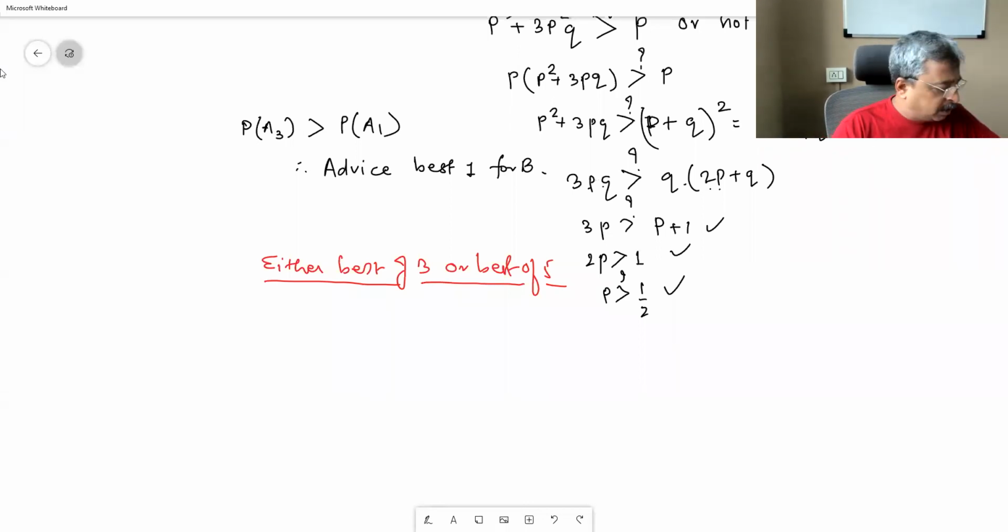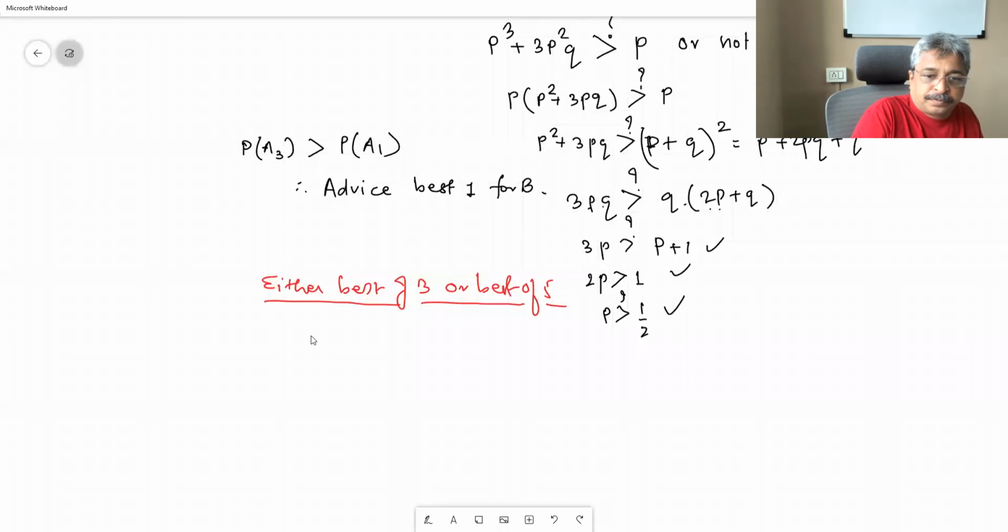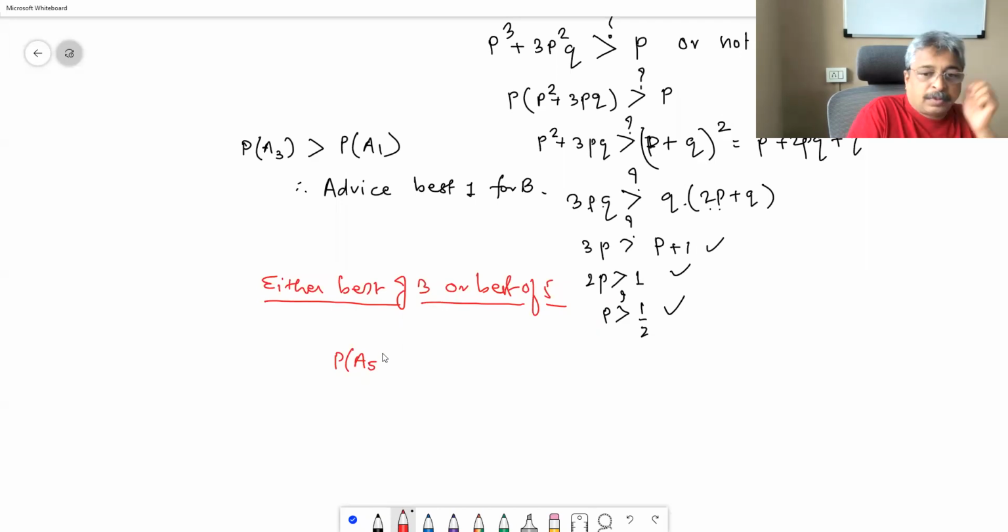For best of 3 and best of 5, what we need to compare is PA5 versus PA3, probability of A winning 3 matches compared to probability of A winning in 5 matches, which is, now